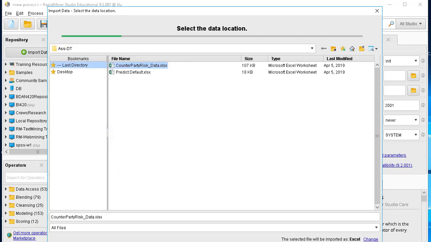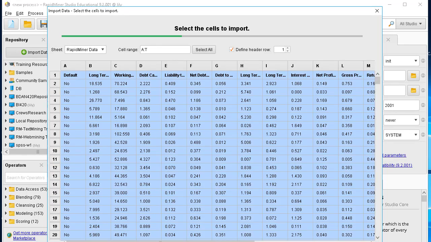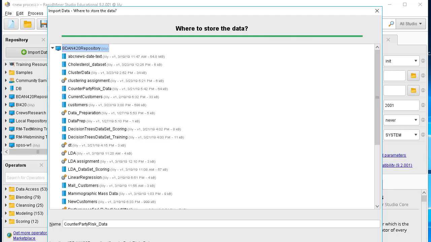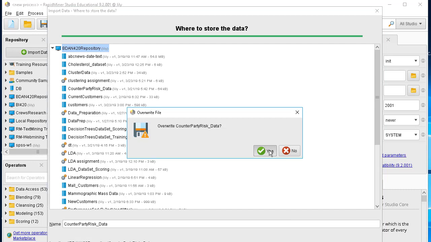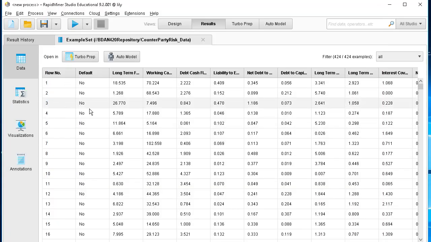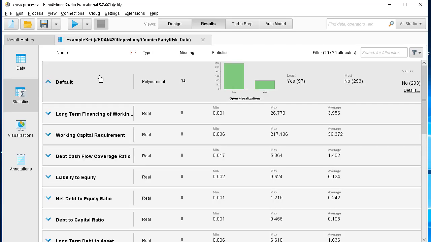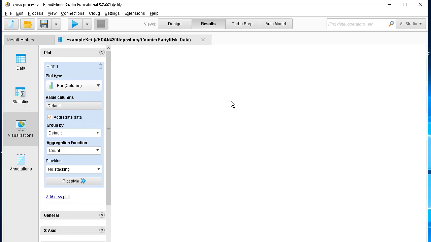The first one, the one we're gonna create our model on. Make sure that everything is okay, and that's it. Yeah, I had it before, it's okay. So this is our data. As usual, we look at the statistics, and as I mentioned before, we have missing data on the default status, and that's problematic. Now looking at other variables, if they are missing, there's nothing. So this is the only problem that we have